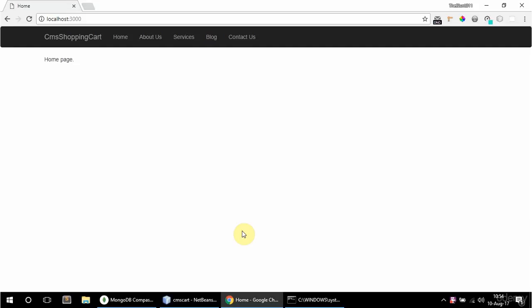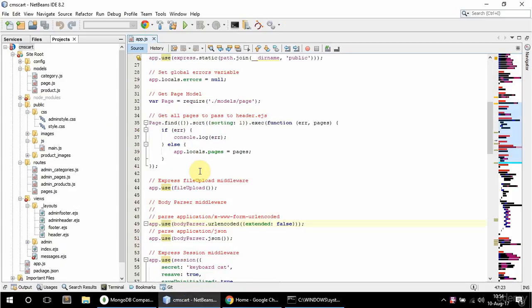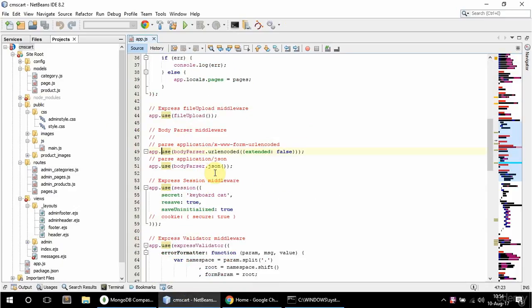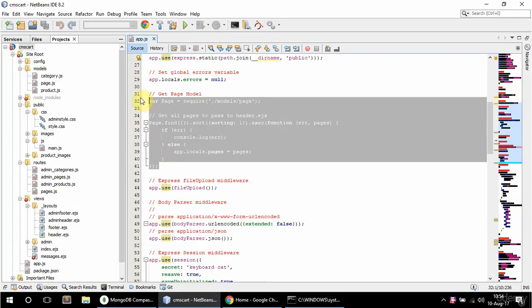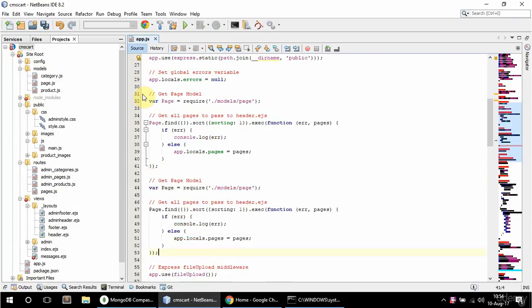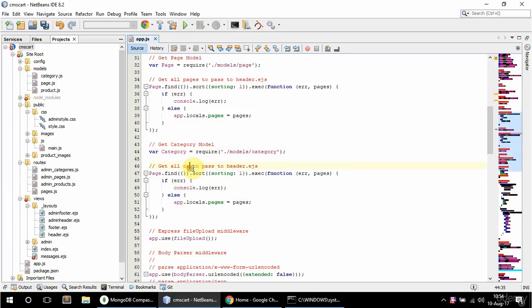In this video, I'm gonna display the categories here in the front end. So it's gonna be like a left sidebar basically. To get the categories, I'm gonna do more or less the same thing I did for pages. Here it is. So I'm just gonna copy this and say here get category model, and this is gonna be category and this page with the lowercase c, and get all